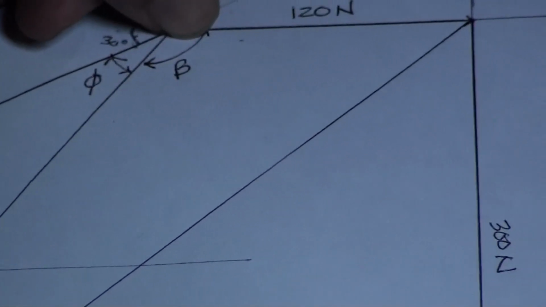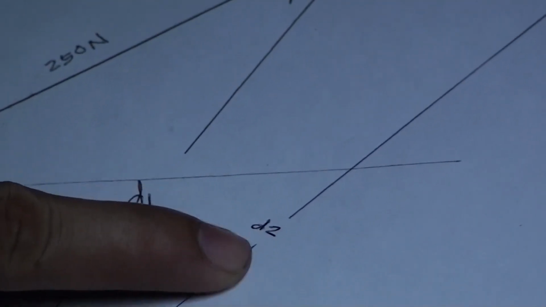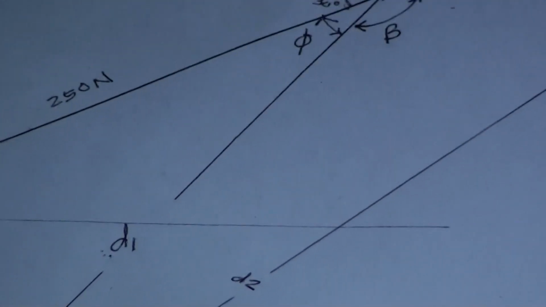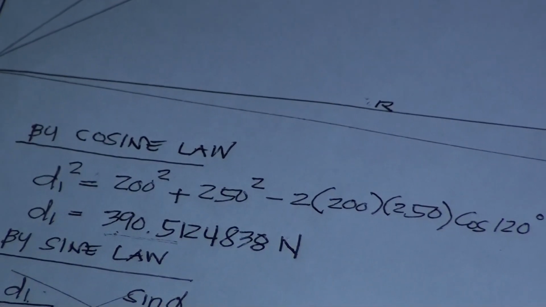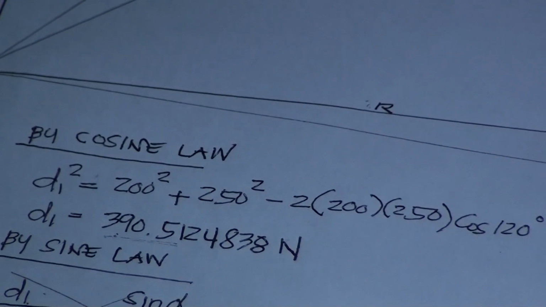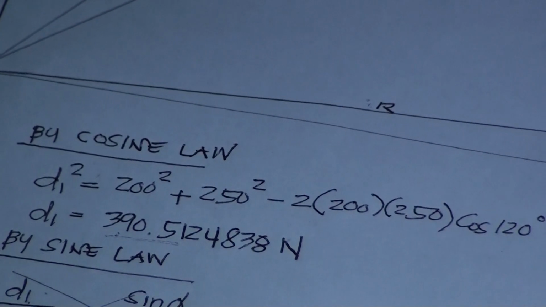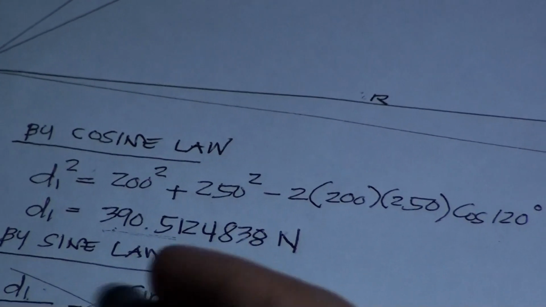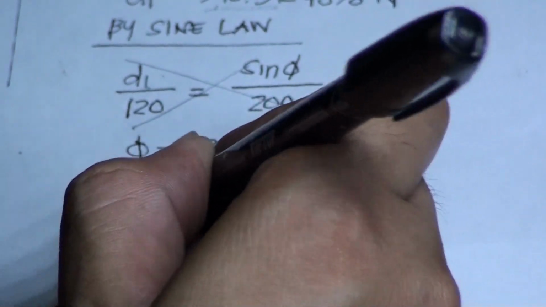That is your beta, which is this one. So you need this beta to be able to solve D sub 2. Okay? So to solve now for D sub 2 is to go back to cosine law. So D sub 2 now will be D sub 2 squared